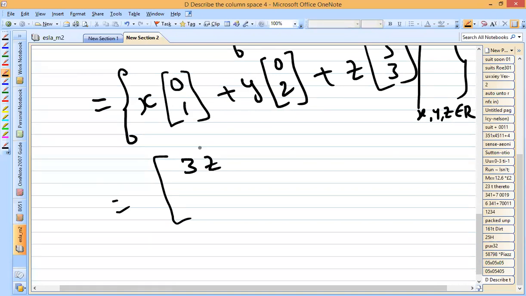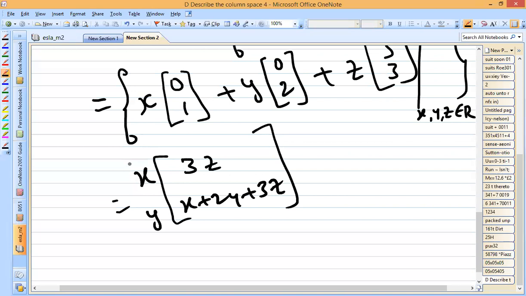So it is present in the first row. Next you'll be getting X plus 2Y plus 3Z. Here the elements are present for both the X axis as well as the Y axis. So here I have taken X, Y, Z. Don't confuse with these elements. You can take this as X1, X2, X3 also. At that time you'll be getting X1 plus 2X2 plus 3X3. So here in both the rows we are having the elements.